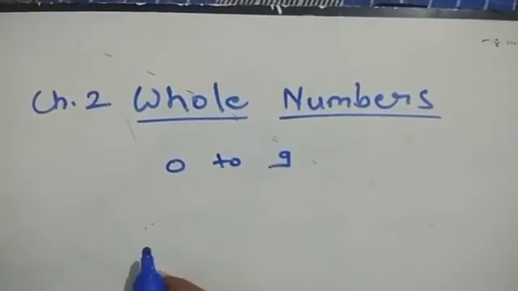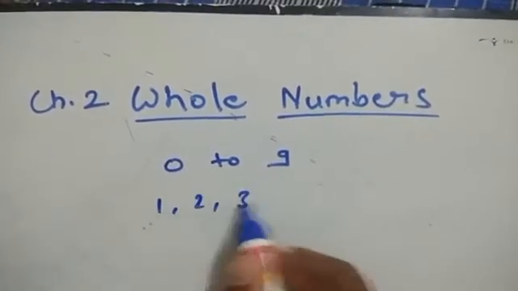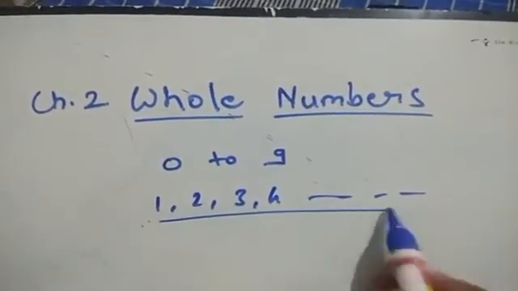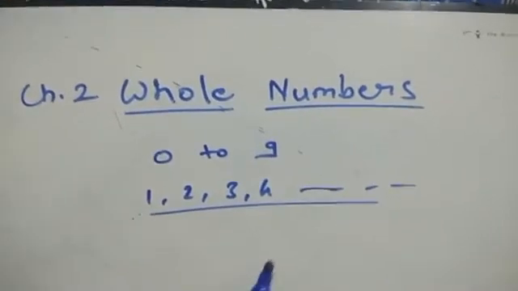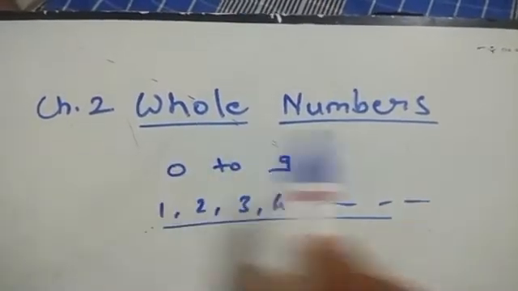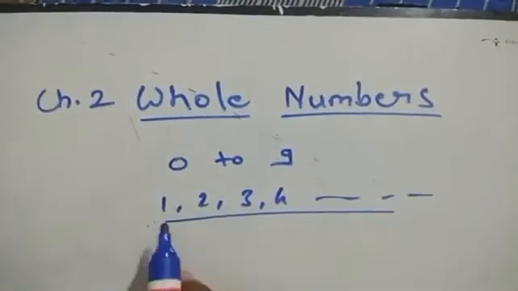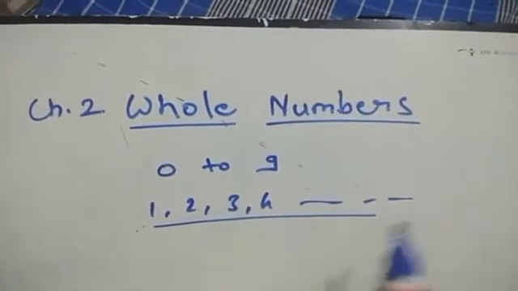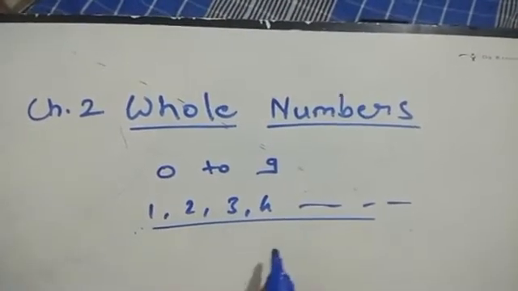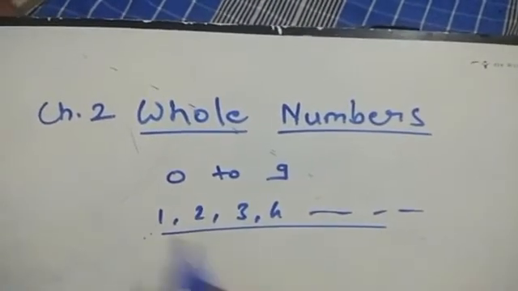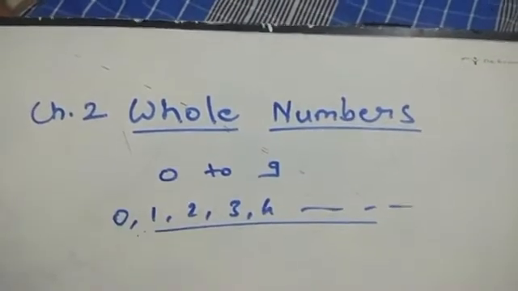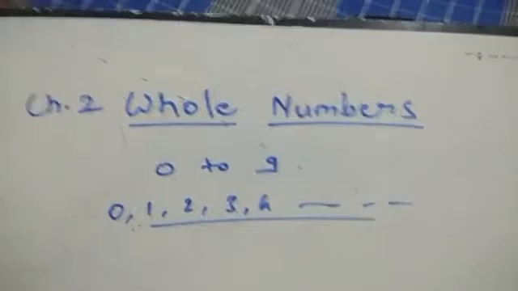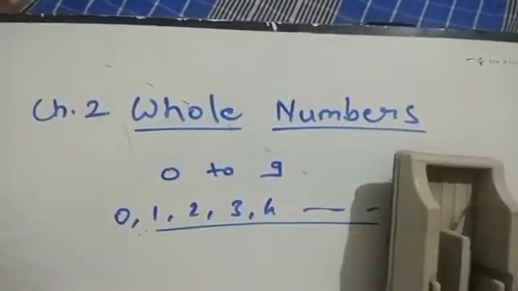As well as we know that 1, 2, 3, 4 and so on, these all are counting numbers, and these counting numbers we call as natural numbers. If these are natural numbers, then what about whole numbers? Students, remember 1, 2, 3, 4 and so on up to n, we have natural numbers. But in these natural numbers, if we include 0, then the natural numbers become whole numbers. So let's study more about whole numbers now.